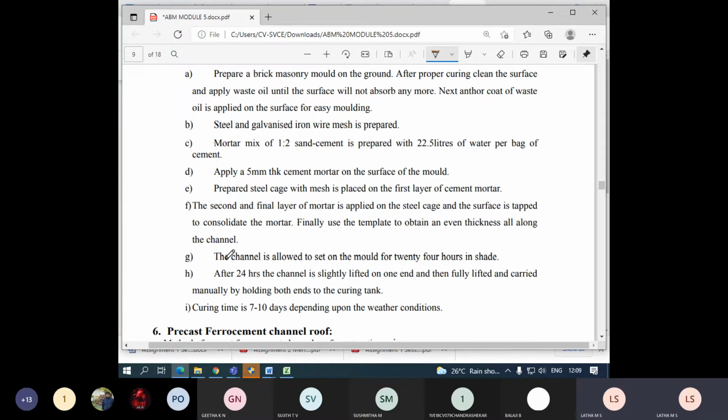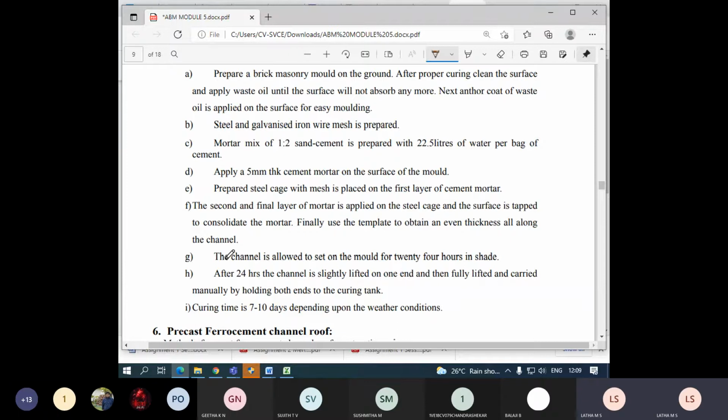A template, whatever you can prepare. A template can be made of wood. A template can be made of steel. You have to design the template to check the thickness. Now you saw the channel. How do you ascertain the thickness? You can use a scale, but for a mason it is not possible. Always he uses a scale and measures, correct? It's not possible. Am I correct, students? For any mason to take a scale and measure, is that possible? Not at all possible. So we have to prepare a template.